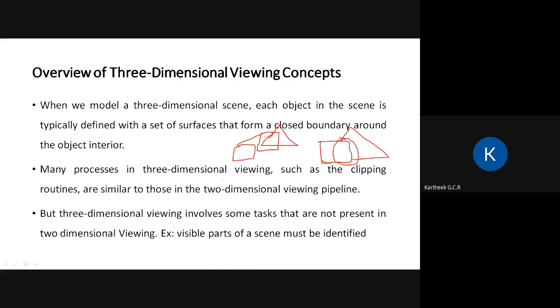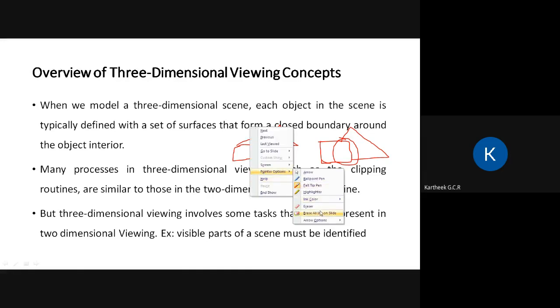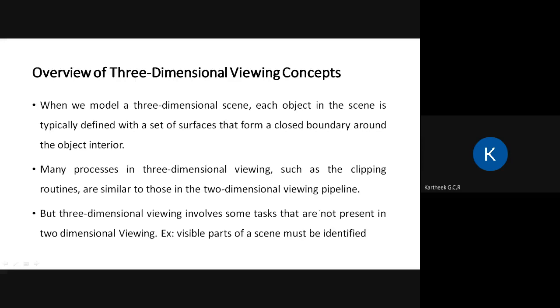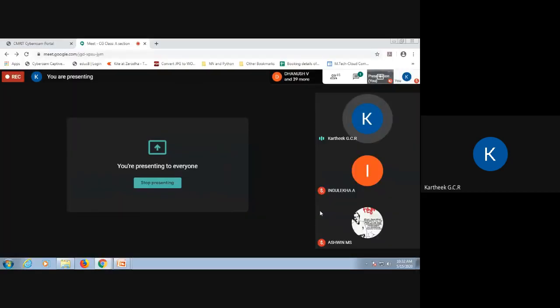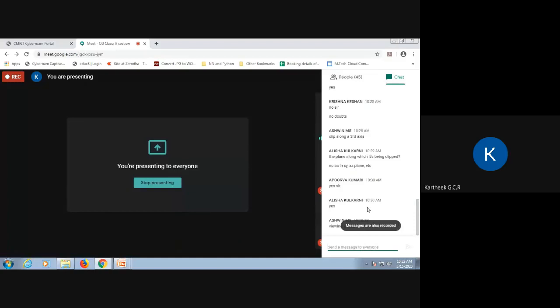Yes, Ashwin, viewing angle is also something that we will have to see, but viewing angle is more of a camera property. Yes, that is also correct. Viewing angle in 2D is fixed, but in 3D it might vary. Apart from that, something that you have learned but are not looking at: in 3D we can also capture lighting.